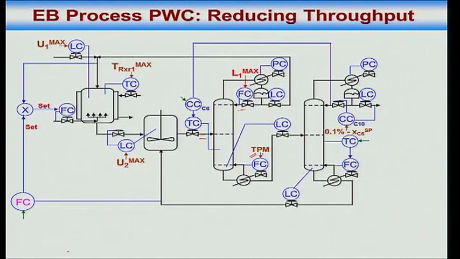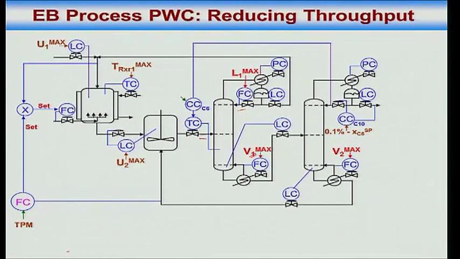I am increasing throughput, I am increasing the steam to the recycle column further, throughput is increasing. Then what happens is the boil up in the second column reaches max. Well, if that reaches max, I cannot control the temperature anymore. If I can't control the temperature, well, that's what is given up. Then I am increasing throughput further, and then what happens is this becomes max. Then what I do is I change the DEB recycle rate from 112 to 100 or 230. I keep increasing it. Okay, throughput increases.